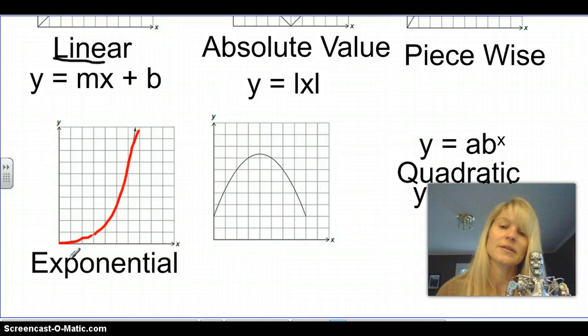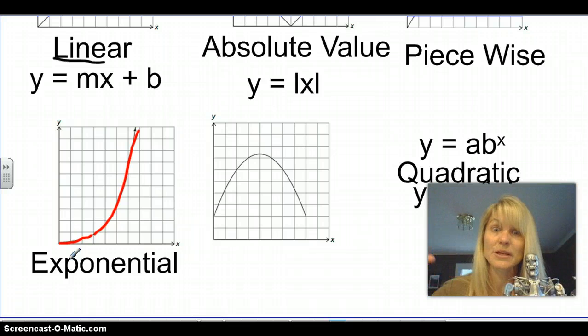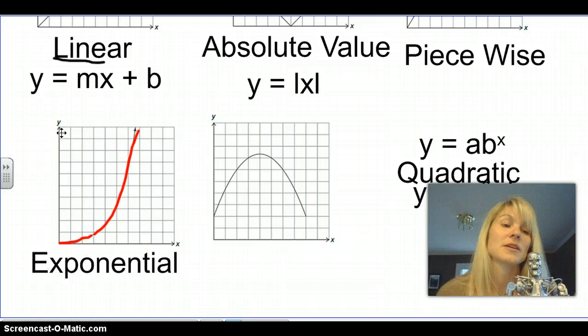So exponential is kind of like we think about 2 squared, and then you square that number, and you square that number, and you square that number. It gets big, big, big, and it's not increasing at the same rate. It's making giant jumps as it goes. I always call this kind of like a swoop, and it actually can be coming down the